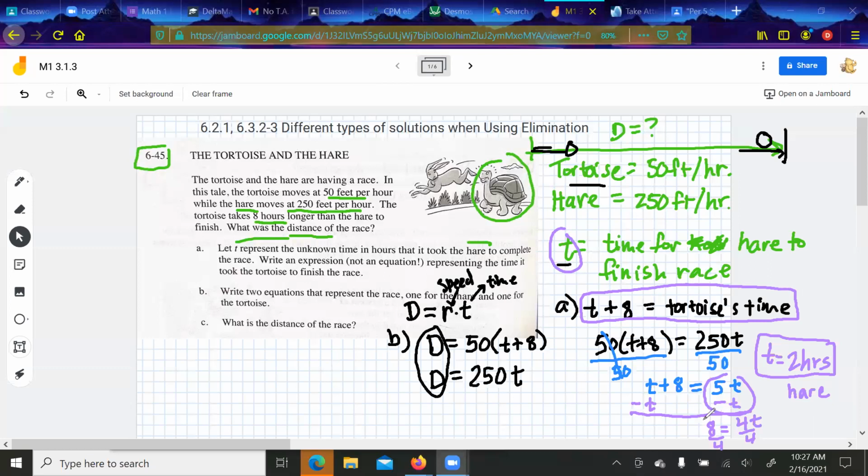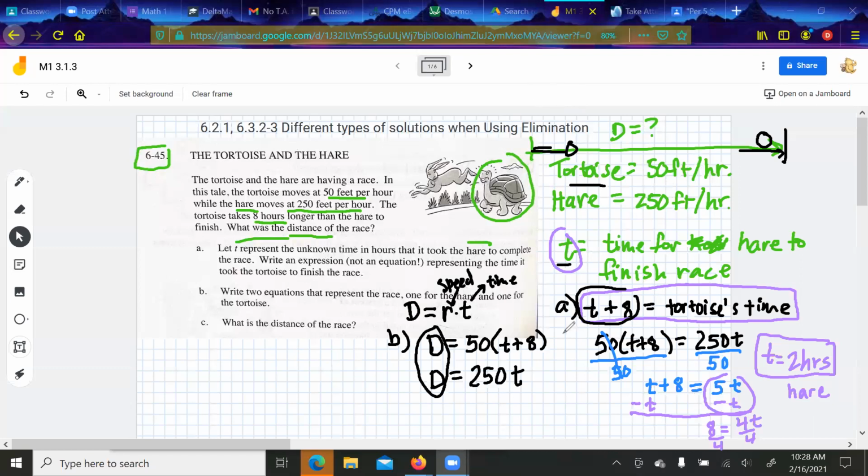One answer in the chat, yay. You do something with 8, yeah, you do something with 8. Do we add or multiply 8 to get the tortoise's time? Okay, we're just going to add 8 because right here it says T plus 8. So we're going to add 8 to the 2,